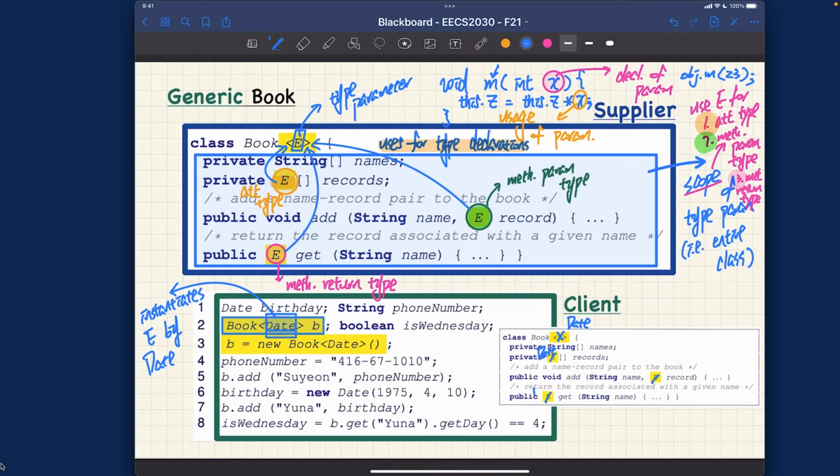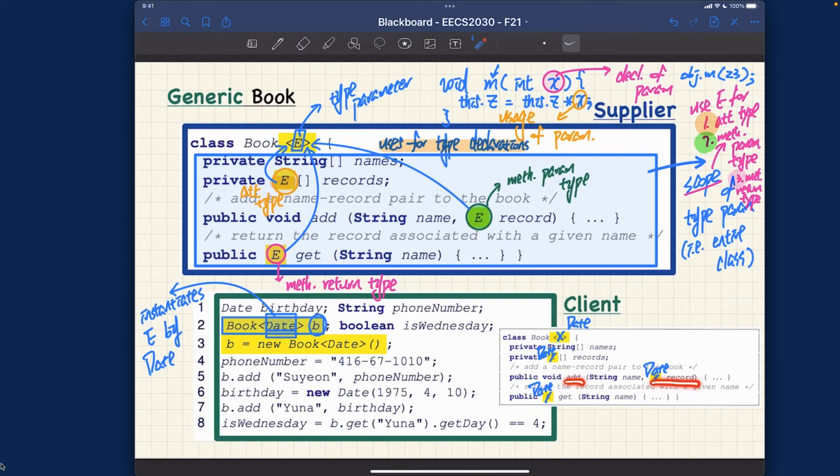Date over here, dates over here, and dates over here. So that means the B over here will be as if the following declaration. We simply declare every member of the array has a static type Dates. And every time you want to call this mutator add, the second